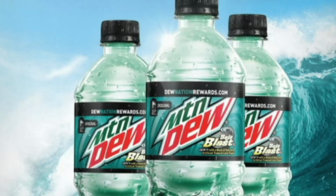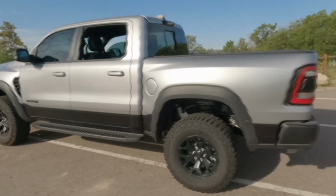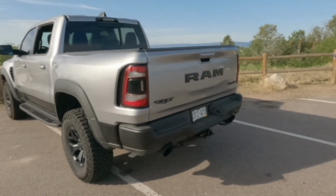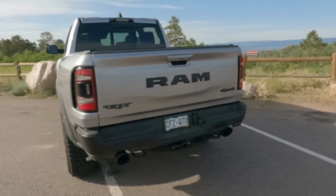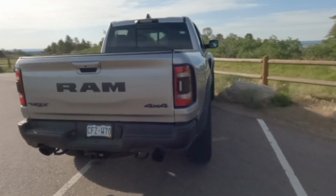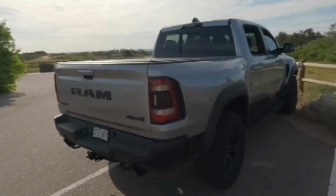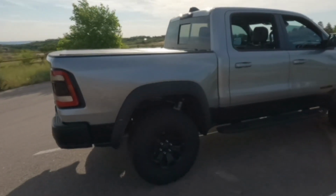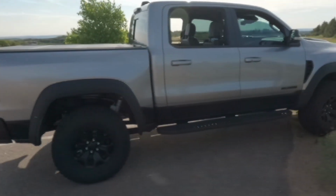Then you got Baja mode. Baja mode is when you're in the sand and reduces shift times by 68%, so it really softens up the shifting and lets the suspension go to a full-on damping. So these modes, if you're paying attention, are engine, transmission, and suspension oriented,